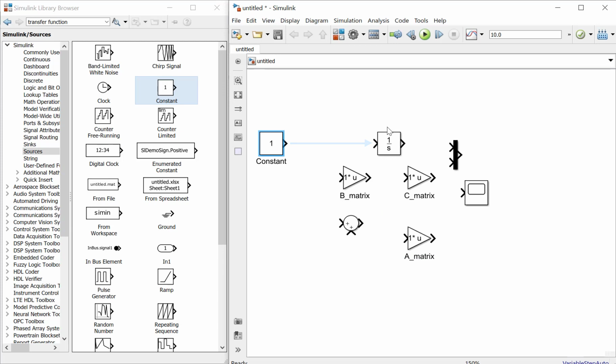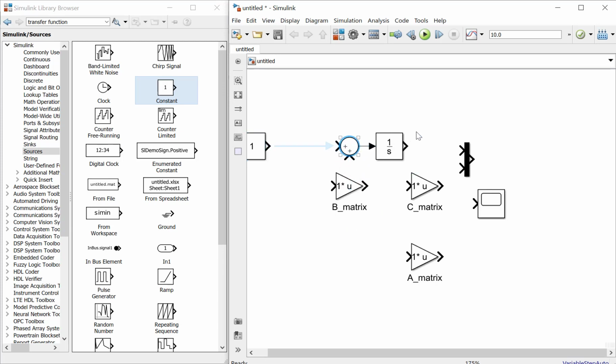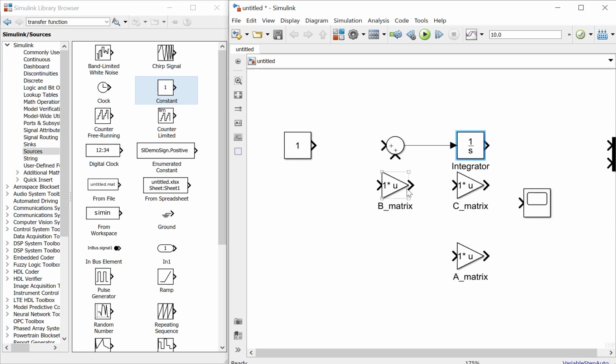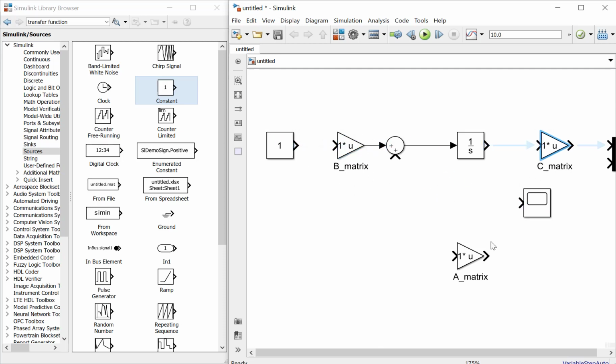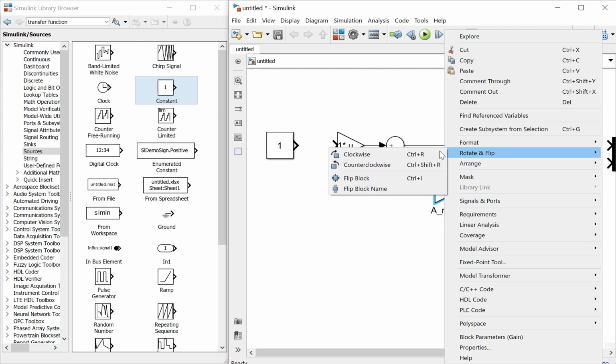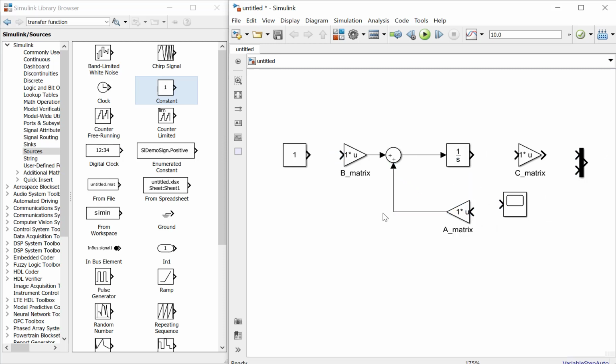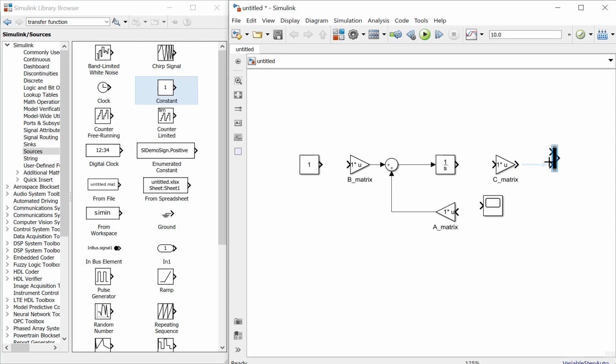Okay, and then we will set up this simulation. This is the B matrix here, and this is the C matrix, and also this is the A matrix. Okay, we need to flip the block.